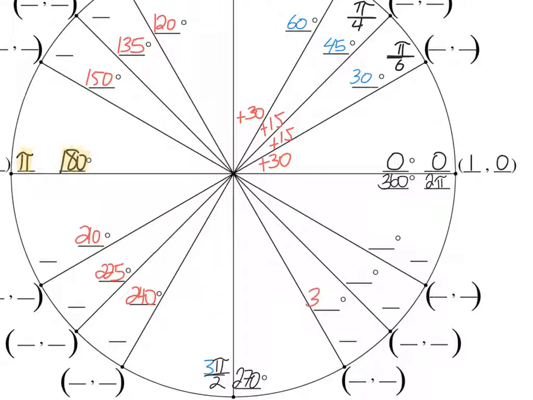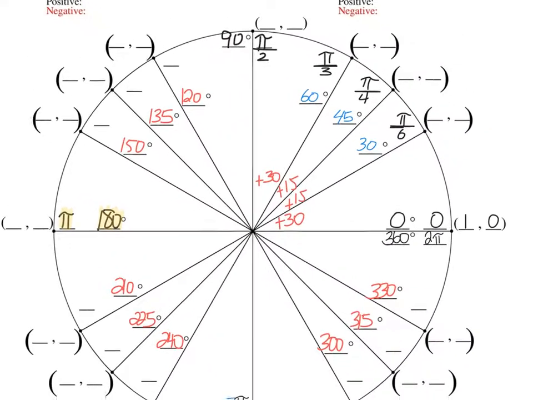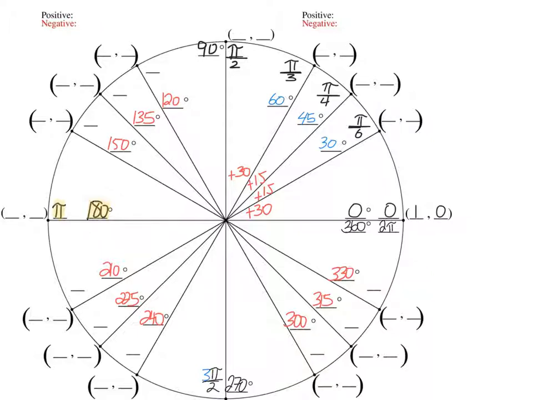So 300, 315, 330. And then finally 360. So I have all my angles in degree form. But again, they're a means to an end, because I don't need degrees, I need radians. I'm only reporting the degree counterparts just so I can figure out what the appropriate radian measures would be